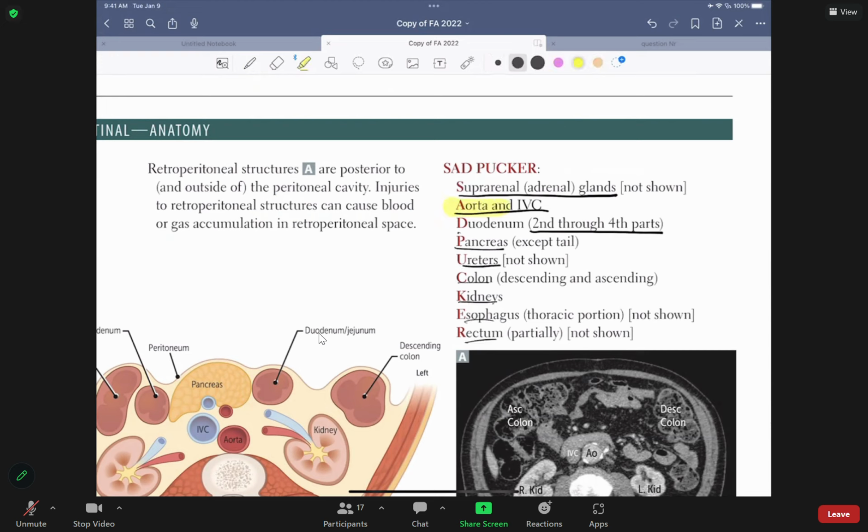The answer is the presentation of pain. If any retroperitoneal structure has a disease or inflammation, the pain is always in the back. You never get the pain in the front. It's always in the back. Let's take a good example, pancreatitis. When a patient has acute pancreatitis, how do they describe the pain? Epigastric pain radiating to the back, isn't it? So the pain starts in the front. We call it referred pain. In the beginning it's in the front, but eventually it goes to the back